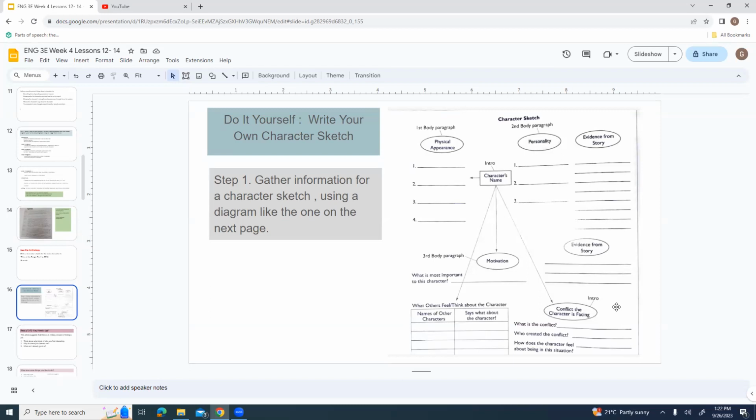In it, the main conflict is about this woman trying to capture information about tornadoes, but there's kind of a secondary conflict between her and one of the other main scientists. So I might discuss both those conflicts if they're both important, right? How does the character feel about being in this situation? So that just kind of gives you some jot notes that you can then use to create your character sketch.